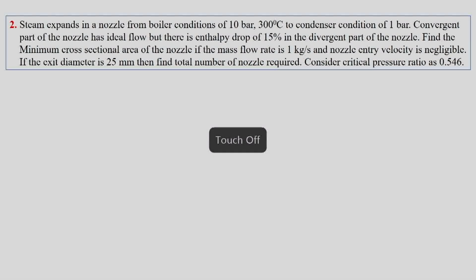The next example says that steam expands in a nozzle from boiler condition of 10 bar, 300 degrees Celsius to condenser condition of 1 bar. The convergent part of the nozzle has ideal flow, but there is an enthalpy drop of 15% in the divergent part of the nozzle. Find the minimum cross section area of the nozzle if mass flow rate is 1 kg per second and nozzle entry velocity is negligible. If exit diameter is 25 mm, then find out the total number of nozzles required. Consider critical pressure ratio as